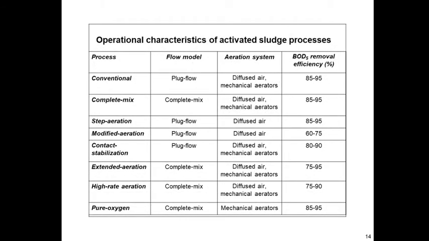These are the operational characteristics of the activated sludge process: conventional plug flow, diffused air, mechanical aerator, and BOD removal efficiency 85 to 90. So these are the various processes of activated sludge: the conventional process, complete mix process, step aeration process, modified aeration process, contact stabilization process, extended aeration process, high rate aeration process, and pure oxygen process. And the aeration system is either a diffused aerator or a mechanical aerator, and the BOD removal efficiency is 85 to 95%. Okay, so